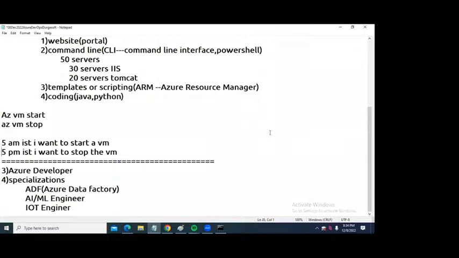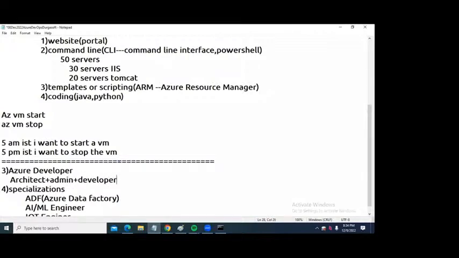To become an Azure developer, first of all, you must know the architect part. You must know architect, plus you must be admin, plus you must be developer. You must have excellent skills in Python or Java, .NET, then only you can become an Azure developer.